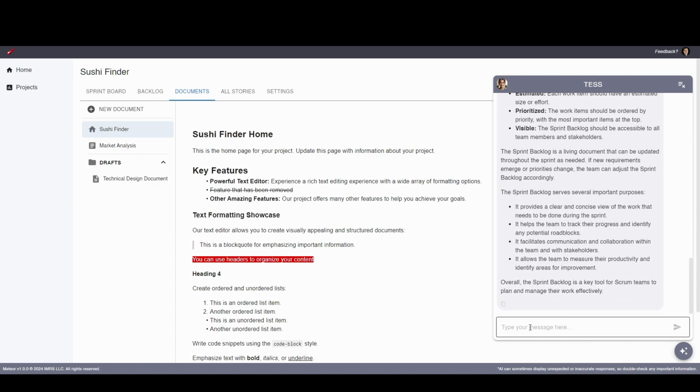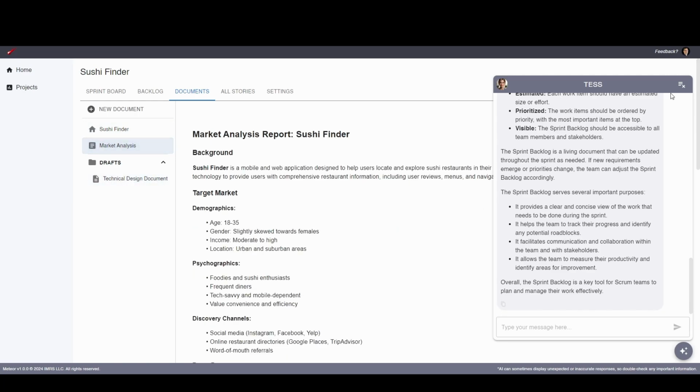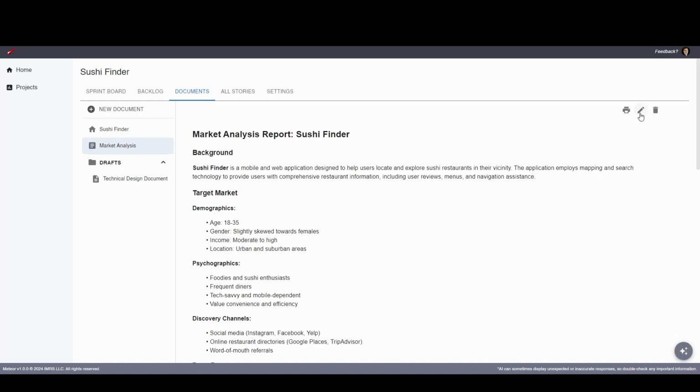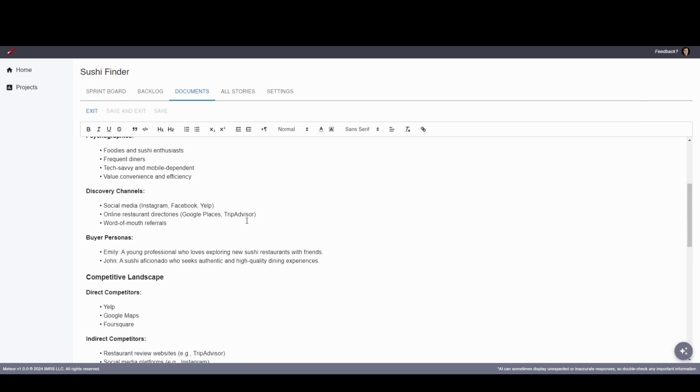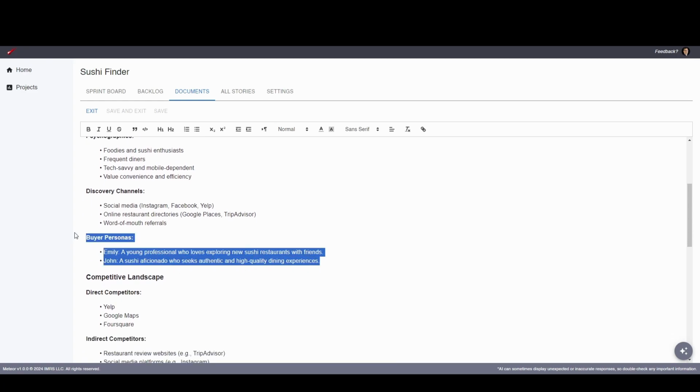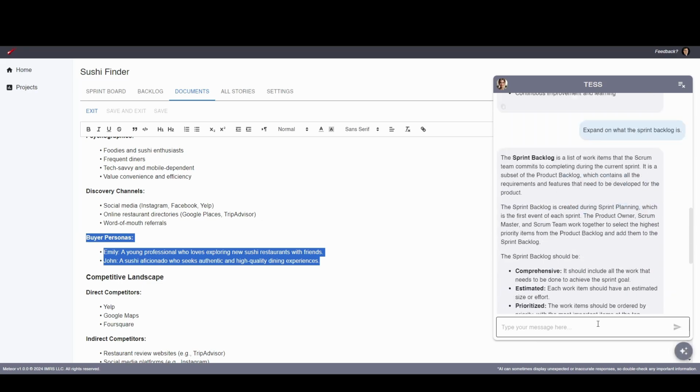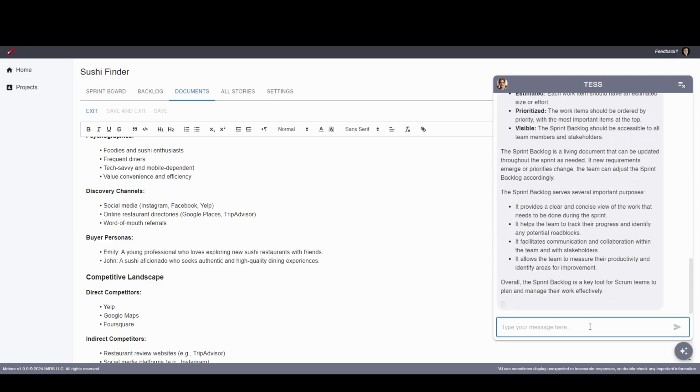One of the other keys is, if you didn't notice, it is a little bit grayed out there, but if you roll over this bottom left side, you can see that there's a copy button. If you wanted to, for instance, in this market analysis, let's say I didn't really like the buyer personas. There's a reason I'm showing you this. It's going to be a really cool thing to be able to just pop this open and say,